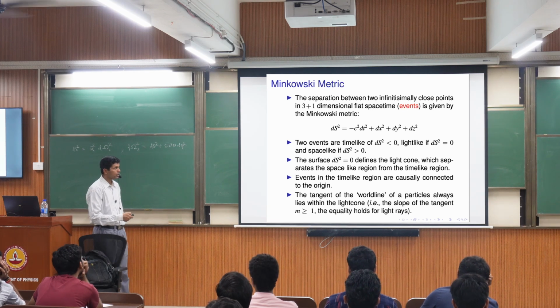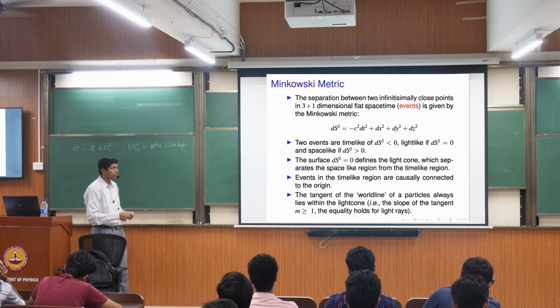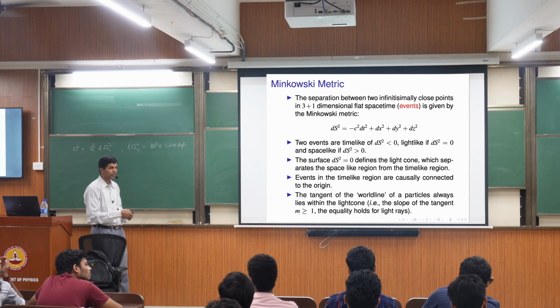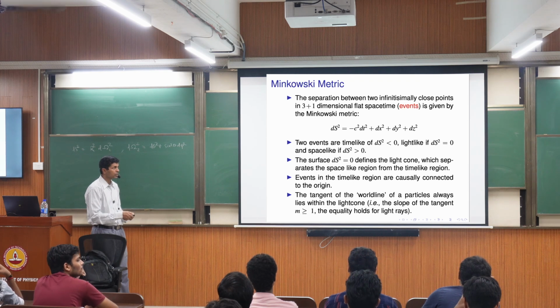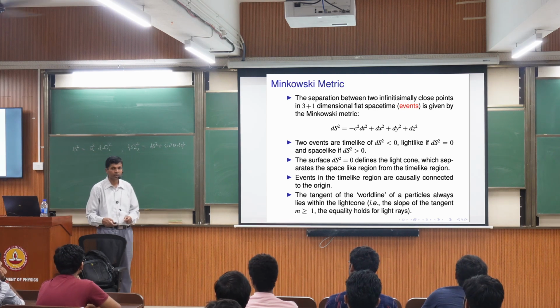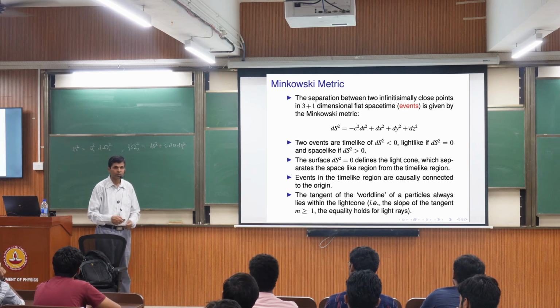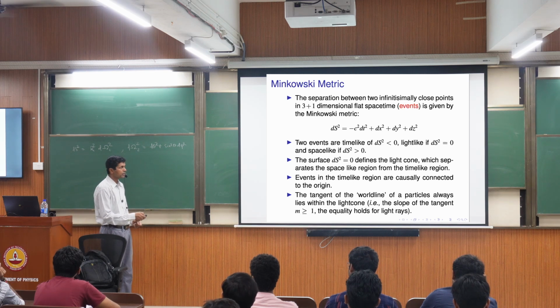This has an invariant meaning. If you consider 2 points which are infinitesimally close to each other in this 3 plus 1 dimensional space-time, then this quantity doesn't have an invariant meaning. Okay, it depends on what inertial observer you choose. On the other hand, this quantity here, with the minus c square dt square, is actually independent of the inertial observer. Okay, you consider any inertial observer, this is just invariant. And also this